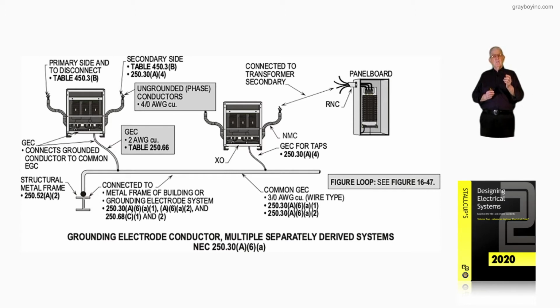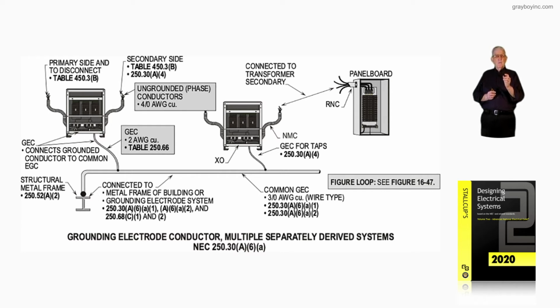But notice this, the transformers there are connecting a grounding electrode conductor from each unit, and when I say unit, separately derived system transformer, and using that common grounding electrode conductor to connect the secondary side of those transformers to the grounding electrode system. In this case, it is structural steel in accordance with 250.52(A)(2). But notice the metal frame of the building or the grounding electrode system must be designed and installed and